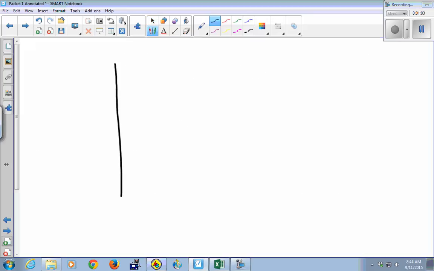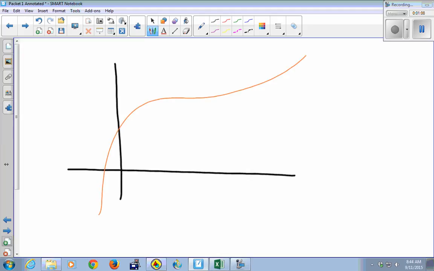So I've got a generic function. And we've got an x, there's an a right there. And if this is x equals a, or t equals a, whatever our independent variable is, if I go a little bit to the right of that, we'll call this point that's a little bit to the right of a, a plus h. Okay. And then I'll put a point on the graph up here too. Now, if I connect those 2 points with a line,